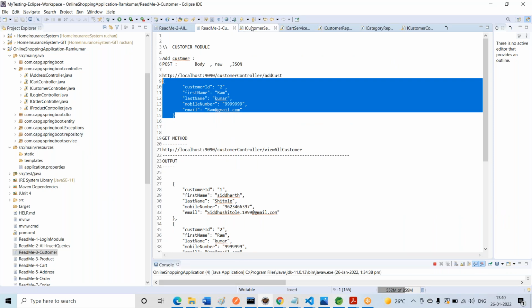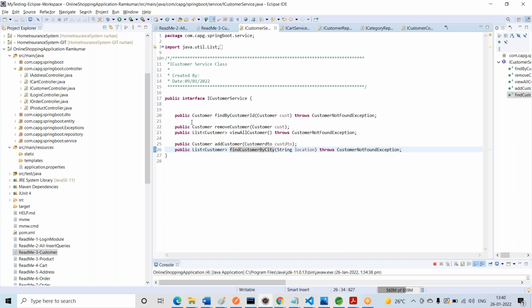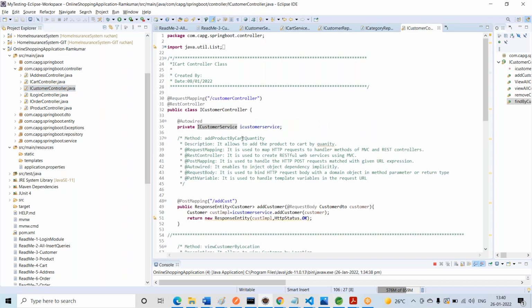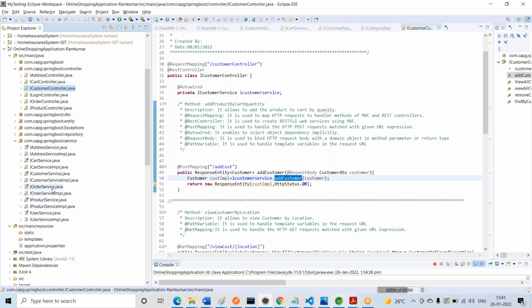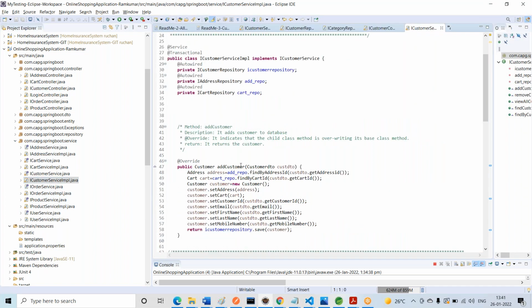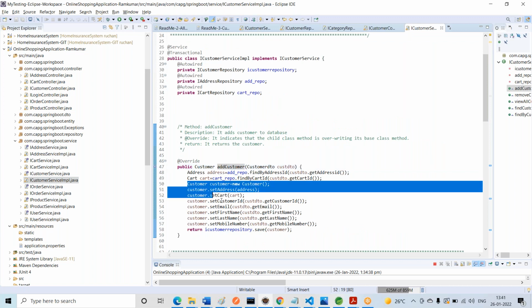Here is the customer module, ICustomerService. Execution moves to the customer controller's add customer with the request body containing the entire customer information. Then execution moves to the service layer, the customer service implementation, where add customer adds the total information.